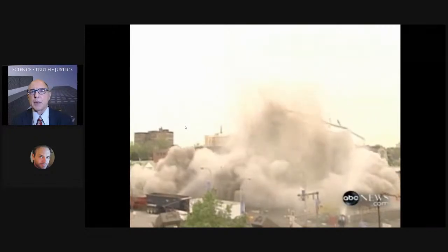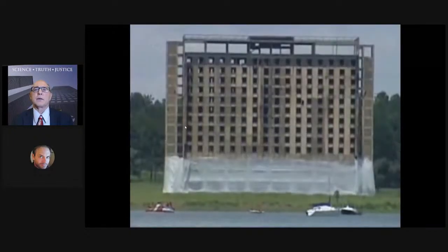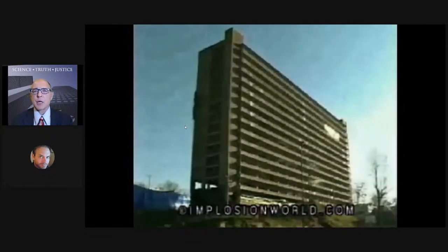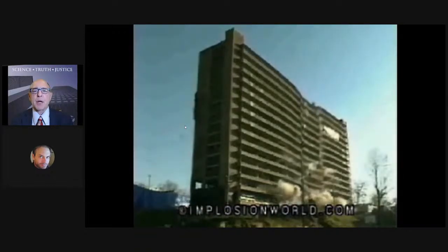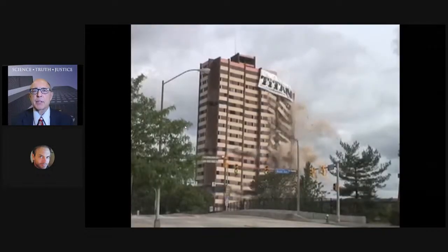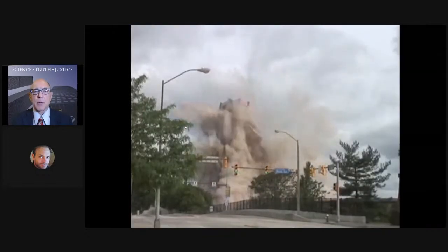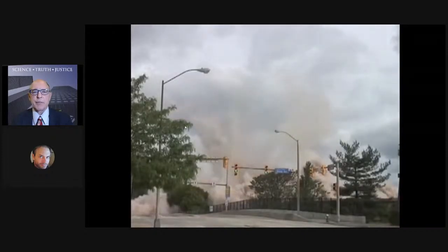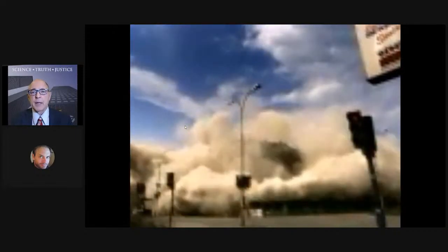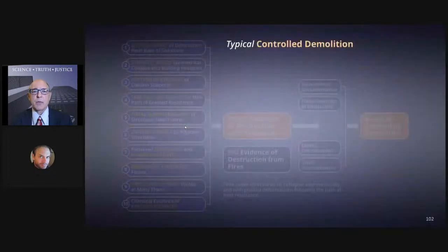It's a very scientifically precise process where thousands of shaped cutter charges are placed throughout the columns and beams in the building in precise locations and detonated in a very precise order, synchronized floor by floor, in order to achieve the results that you see here. So there's a very specific set of characteristic features in conventional controlled demolitions that we can look at and